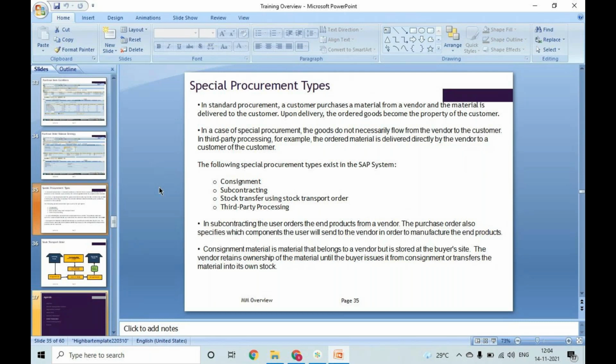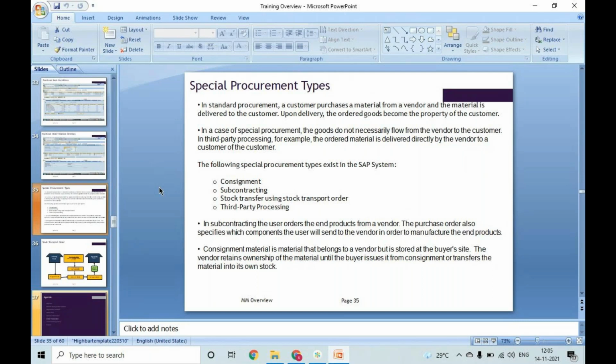Okay, as and when required, we will be taking that material from that premises to our own location and will consume it. And for the material which is consumed, only for that you will do the payment partly. Okay. So what is consignment? In consignment, vendor will dump the material in our location, and as and when required, we will be consuming it, and for the consumed material only, we'll do the payment.